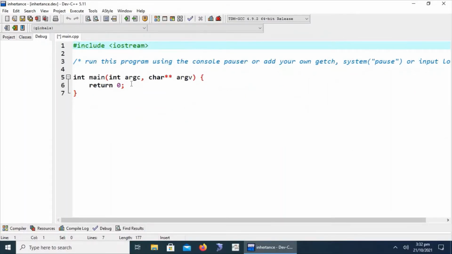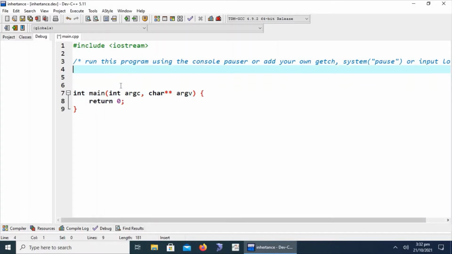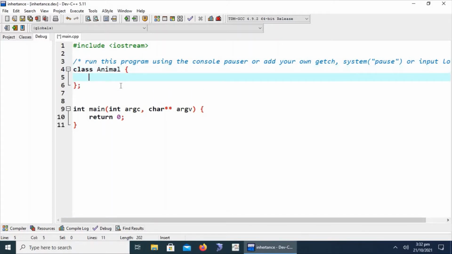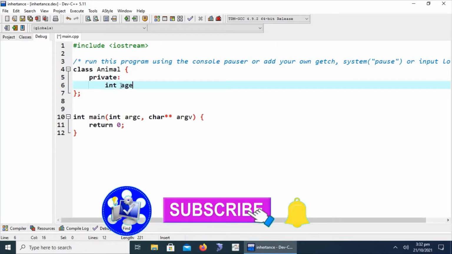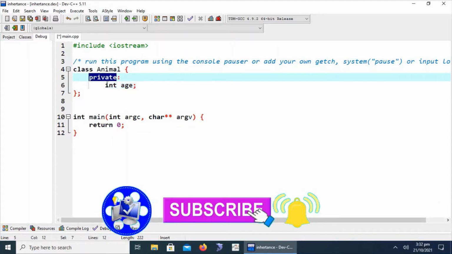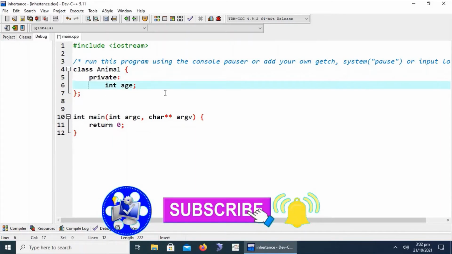Okay, let's start by creating a base class. Let's suppose we are creating the animal class. Its private members are age. The private member access specifier is not accessible in derived classes.